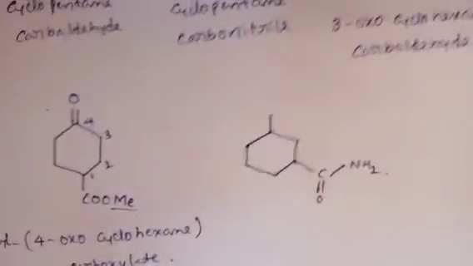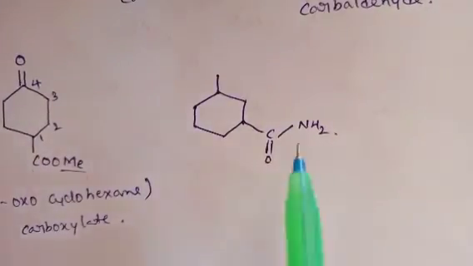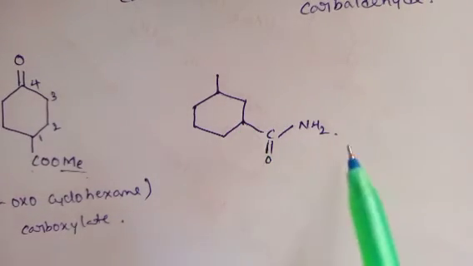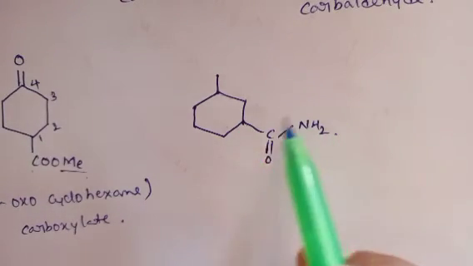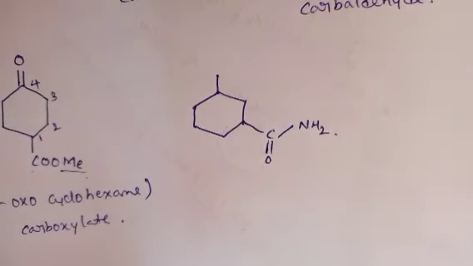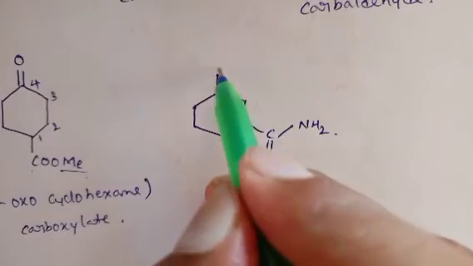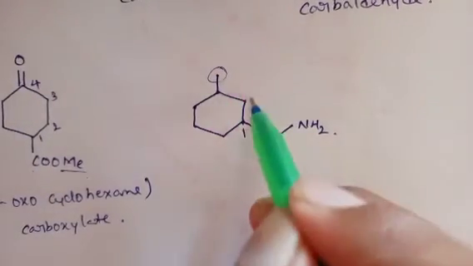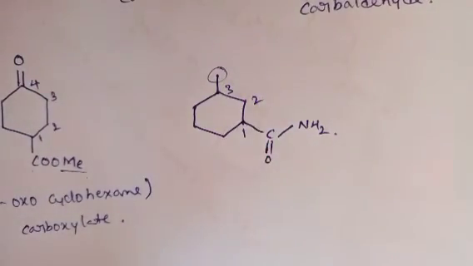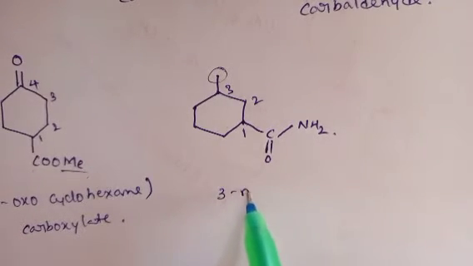Right, completed. Next one. It contains only one functional group, that is CONH2. CONH2 means amide, and one substitution is present. Give the numbering 1, 2, 3. At third position, methyl group is present. So 3-methyl